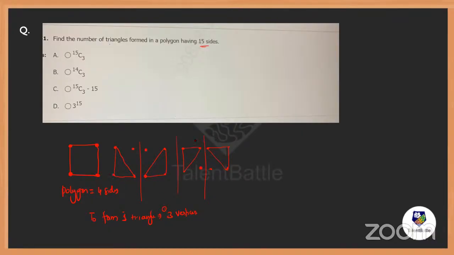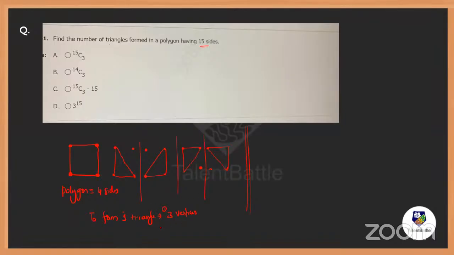Now, but can you draw 15 such sides and make everybody like this one by one? No, it is impossible to do. So that is why we have a shortcut, the application called permutation combination. Look, you're able to see very clearly here 15C3. That clearly says that application of permutation combination has been used, everybody.